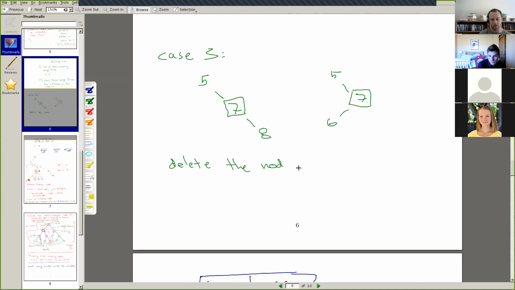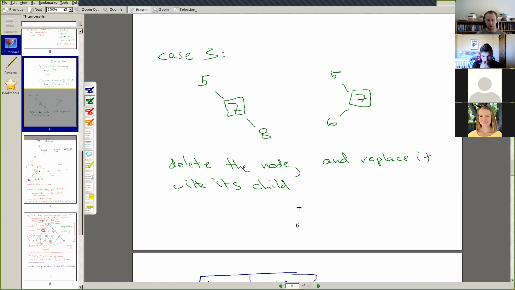Delete the node and replace it with its child. So I'll run through all 3 cases one more time here in a second.